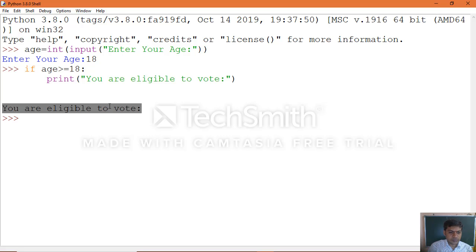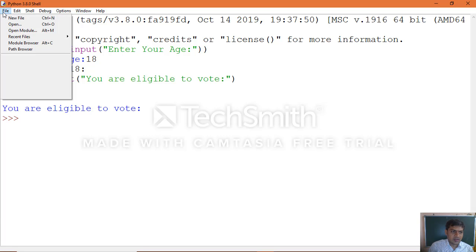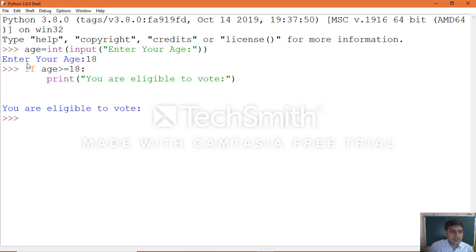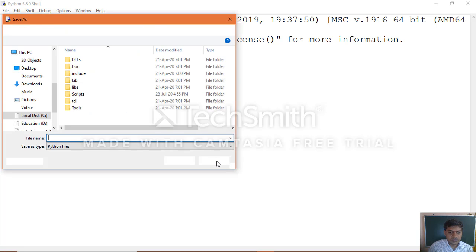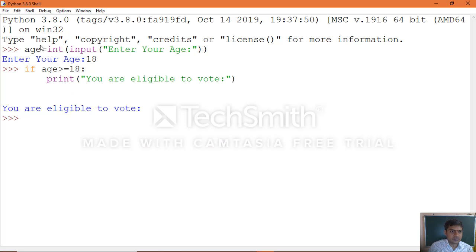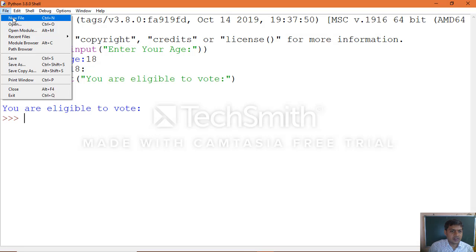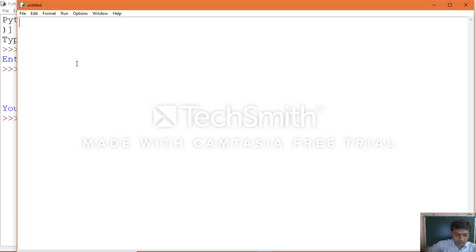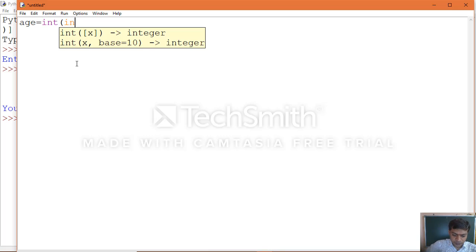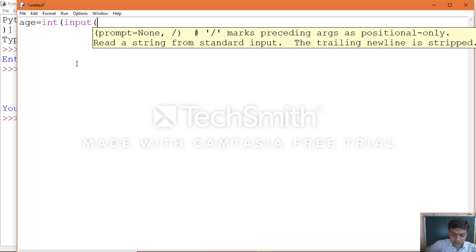Okay, the same thing you can execute in script mode also. Instead of writing multiple statements one by one, click new file, then age equal to int of input of "Enter your age".